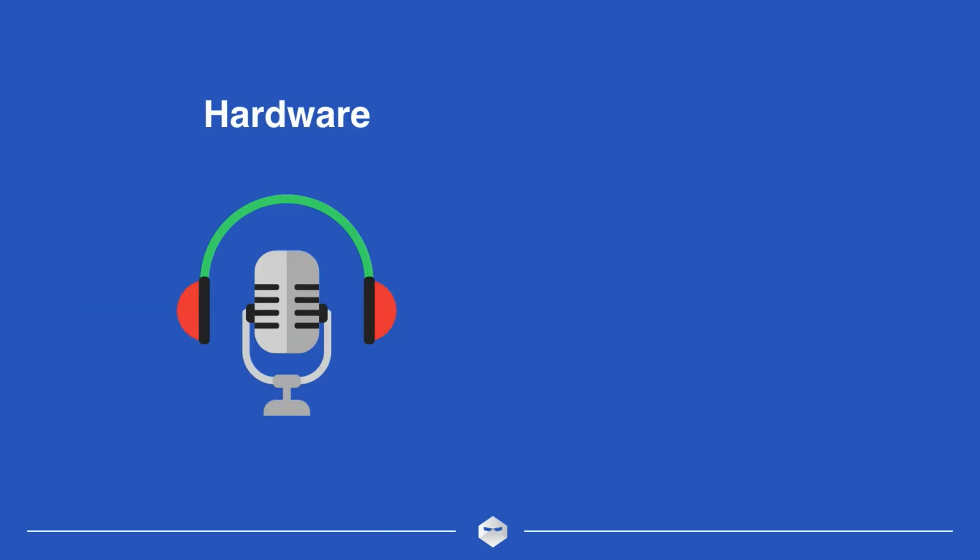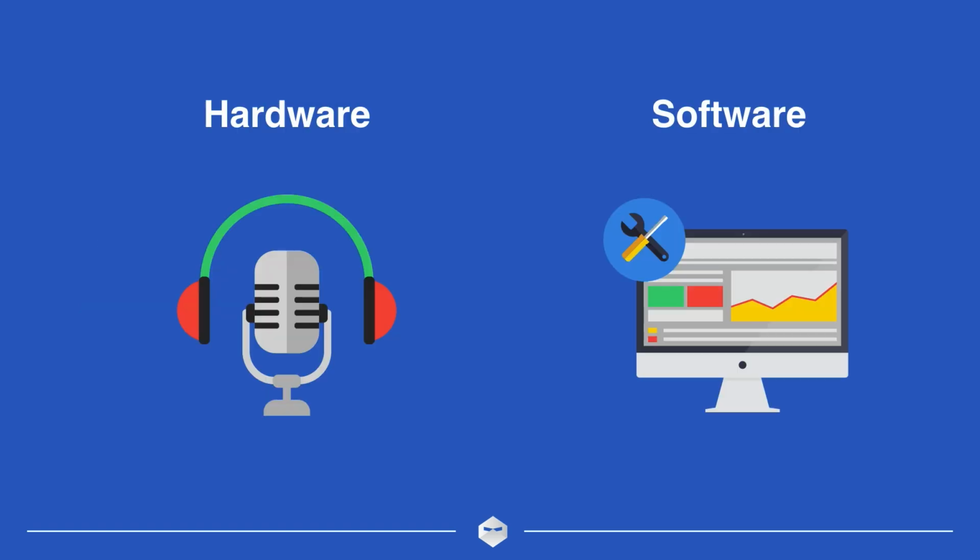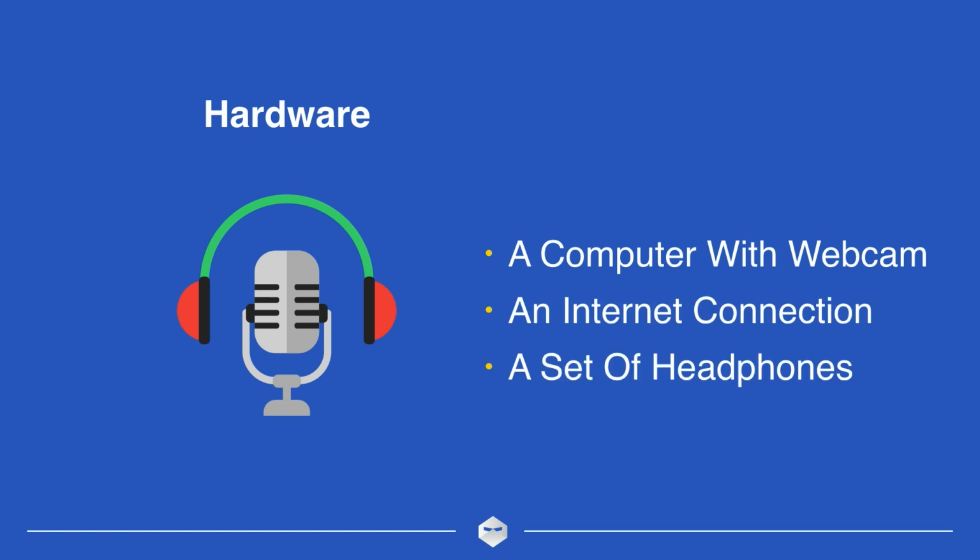There are both hardware tools like mics and software tools like webinar software that you'll need to use. So we're going to cover it all, but first we'll start with the hardware you'll need to use. You'll need a computer with a webcam, an internet connection, and a set of headphones. These are the 3 basic pieces of hardware you need for your webinars. It's pretty simple, right? Before we move on to the software side of things, let me give you a couple